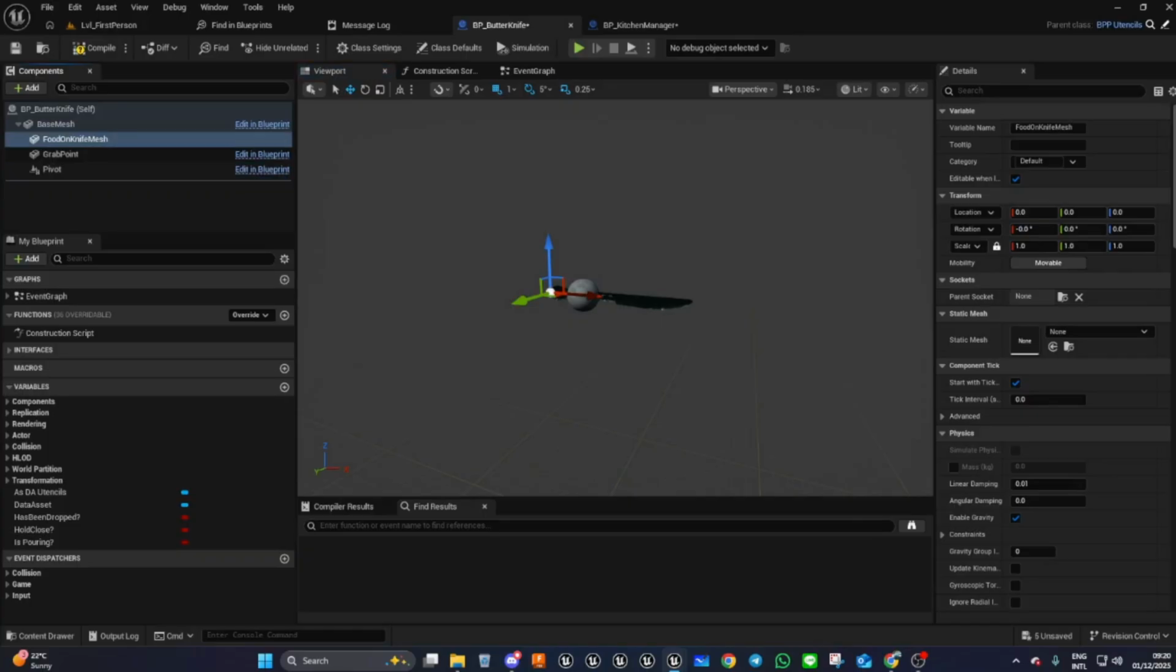Now we want to move that forward a little bit. So the settings I've got for this are 2 in the X, -0.9 in the Y, and 40 in the Z. And that sort of puts it there. The mesh we're going to look for is